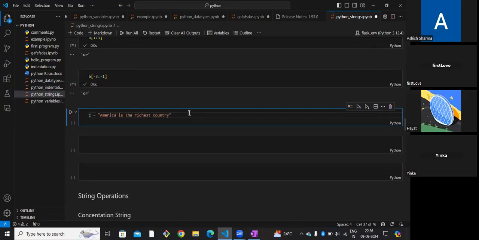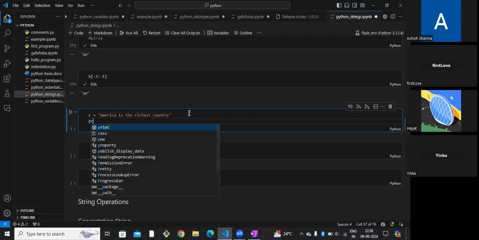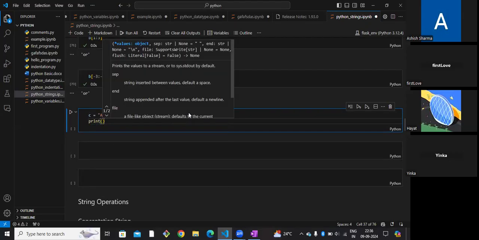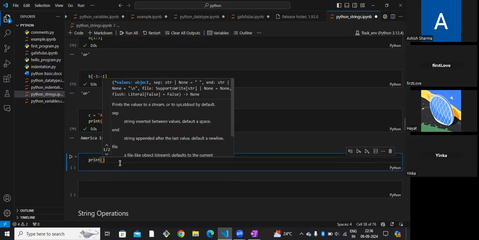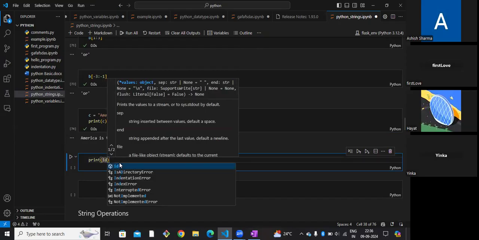See, I have created a variable with some value. After creating this, I am printing it. I have printed it. Let me see the memory address. What is the memory address? Where has it been stored? So to see